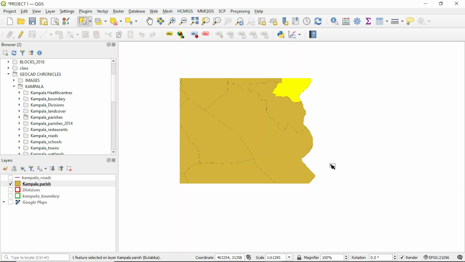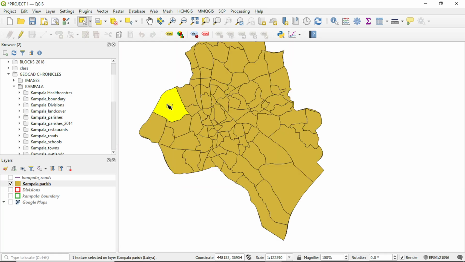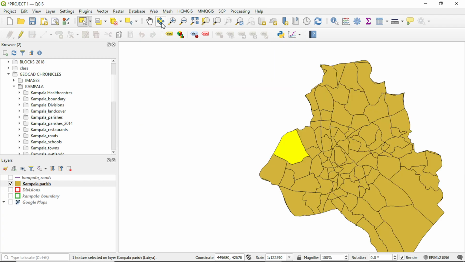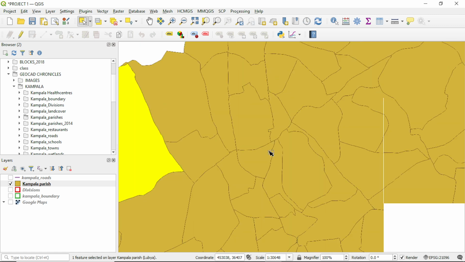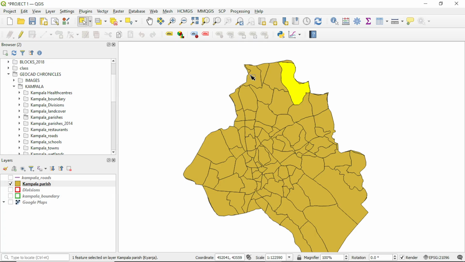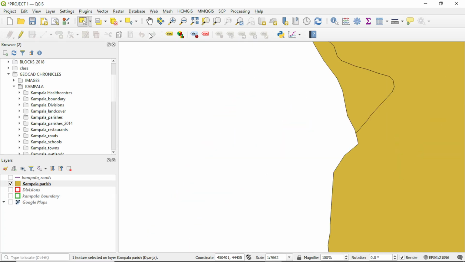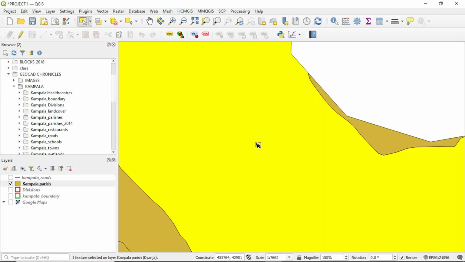So even if I select this here, it's going to move this to the center of the map canvas. So it pans it to the center of the map canvas. Even if I select this and I zoom it toward the other side and I click this, we can see that the scale remains the same. It doesn't change the scale, but it just moves the selected feature to the